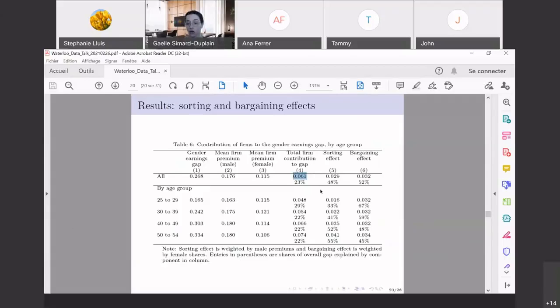So you can see that the total firm contribution accounts for roughly a quarter of the gender earnings gap. And if we do that decomposition that I showed you, you can see that the sorting effect accounts for nearly half of that contribution, so 0.03 out of 0.06, and the bargaining effect accounts for the other half. And as I mentioned, this is a large